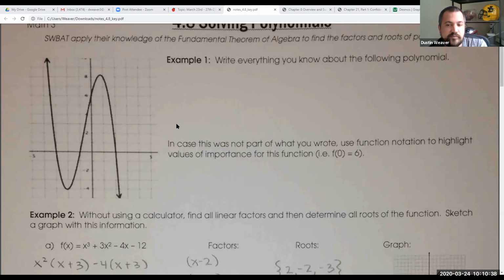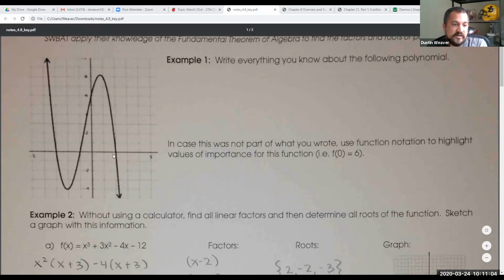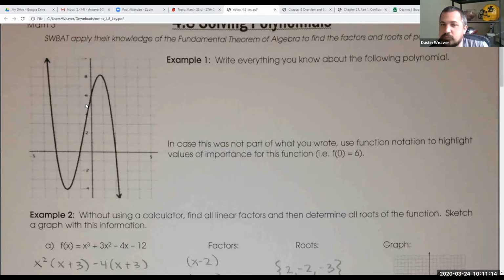So you would want to write that in example 1 and write in that -3, -1, and 2 are the zeros or the x-intercepts. We also know that 6 was the y-intercept. That's good also. We know the end behavior. We know as x goes to negative infinity, y goes to positive infinity. As x goes to positive infinity to the right, y goes to negative infinity. We know the degree of this polynomial. It's the third degree. Those are all things we know about this polynomial.